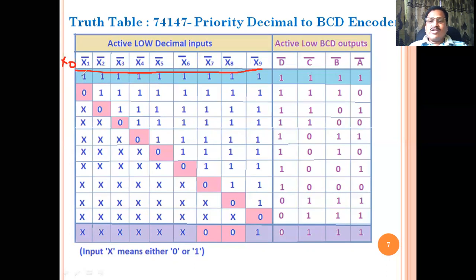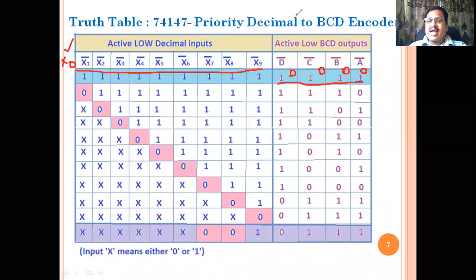As a result, it will produce the BCD code for the output DCBA as D equals 0 in active high, C equals 0 in active high, B equals 0 in active high, and A also comes 0 as a BCD. But since the IC uses the inverted output, you will get the inversion of 0, 0, 0 as 1, 1, 1 as a BCD code if 1 to 9 are not selected.